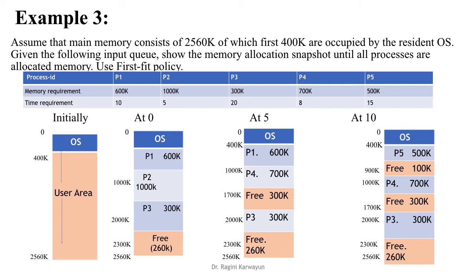अब उसके बाद the next hole that will leave is P1, because P4 needs 8 units of time but it was allocated memory at 5. So from 5, 8 units of time, it will leave at 13. So उससे पहले P1 निकलेगा. P1 will leave 600K. तो 600K में से 500K will be allocated to P5 process. So now 100K will be left out. So this is basically the way in which you can solve this type of question. You need to keep in mind the time at which each process is arriving and leaving the system.